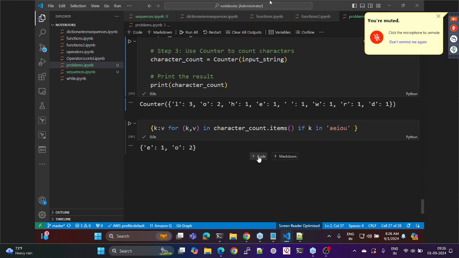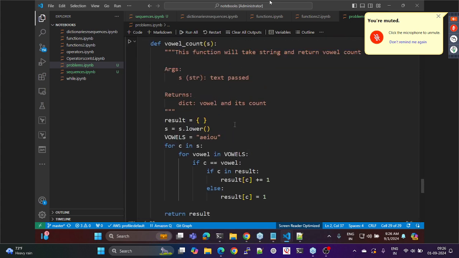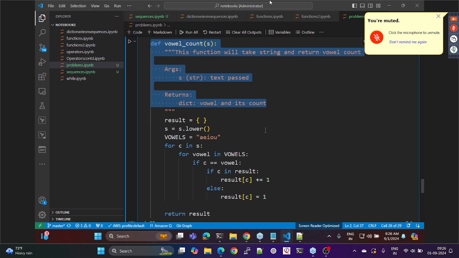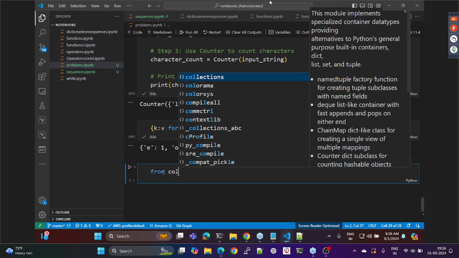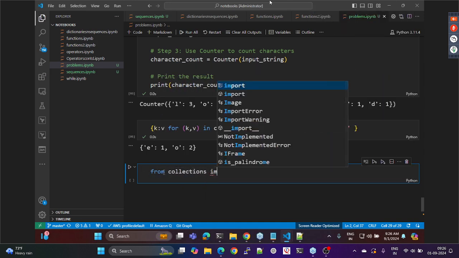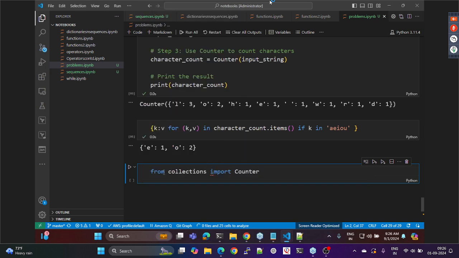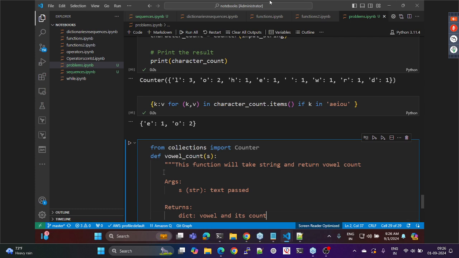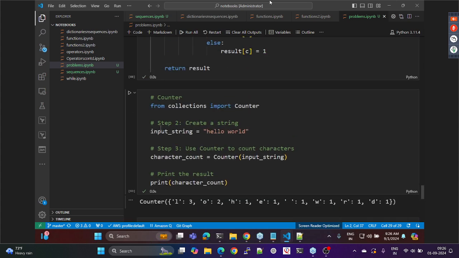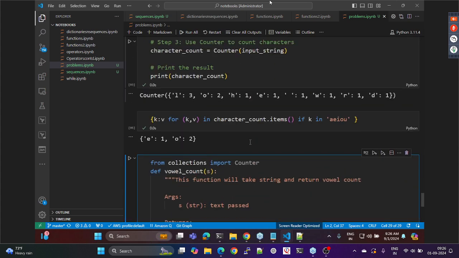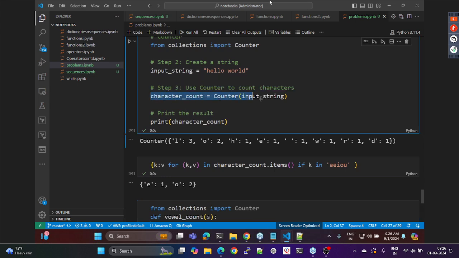By looking at these two functions, let me define the same function, vowel count, but over here I am going to use from collections import counter and then define vowel count. Now, sir, what is it I need to do? I need to find the character